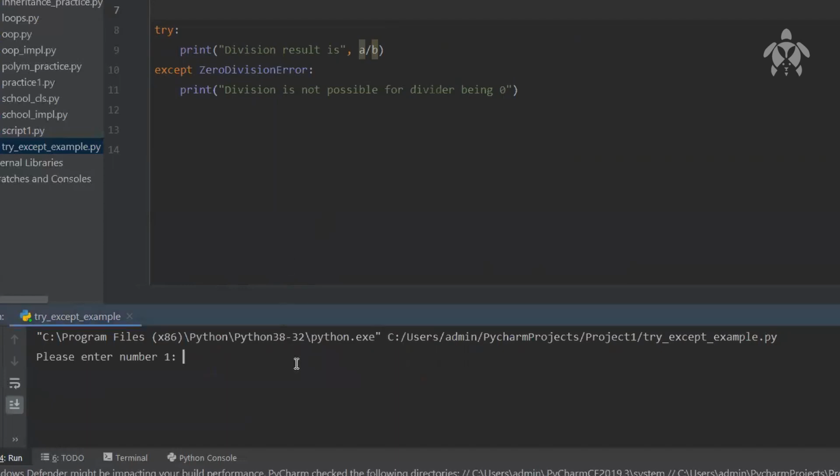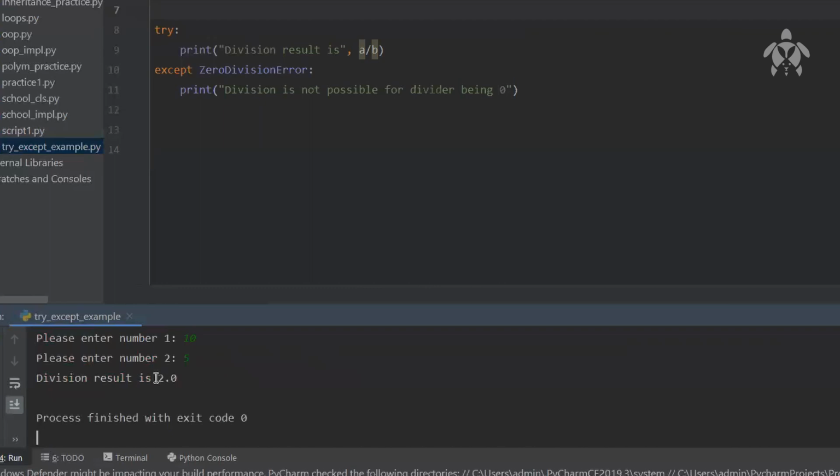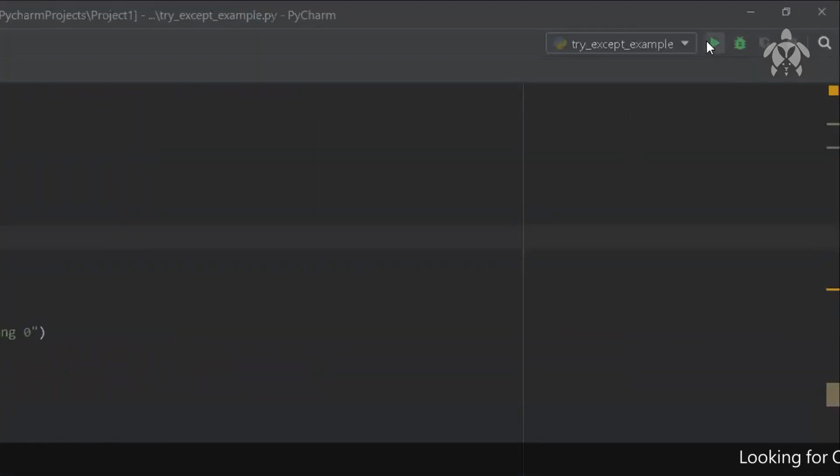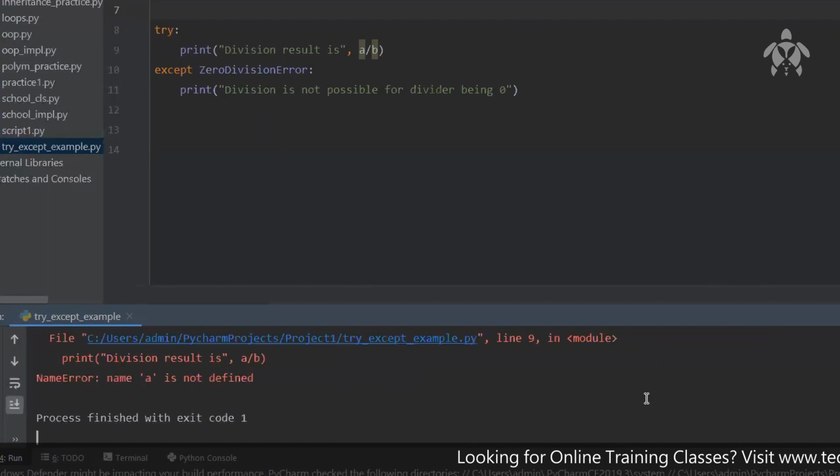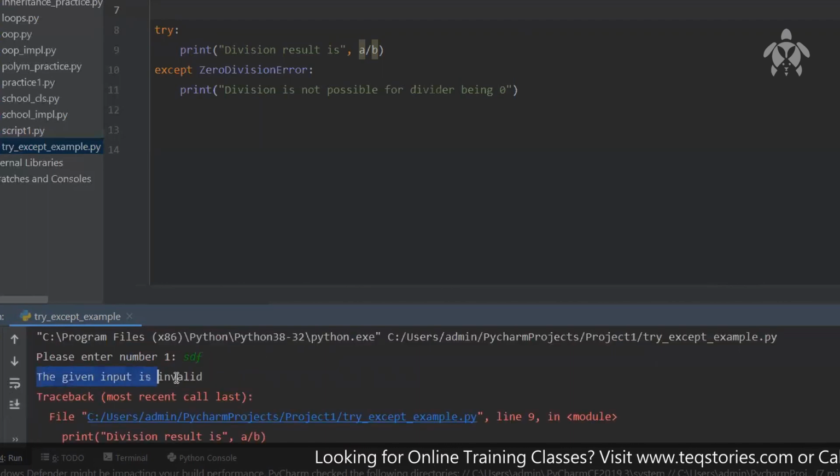So running this, please enter number 1. We are entering, let's say, 10 and 5, and you can see the output is 2.0. That is perfectly fine. This is the okay case. If the input is something else, this message is coming, but at the same point of time,